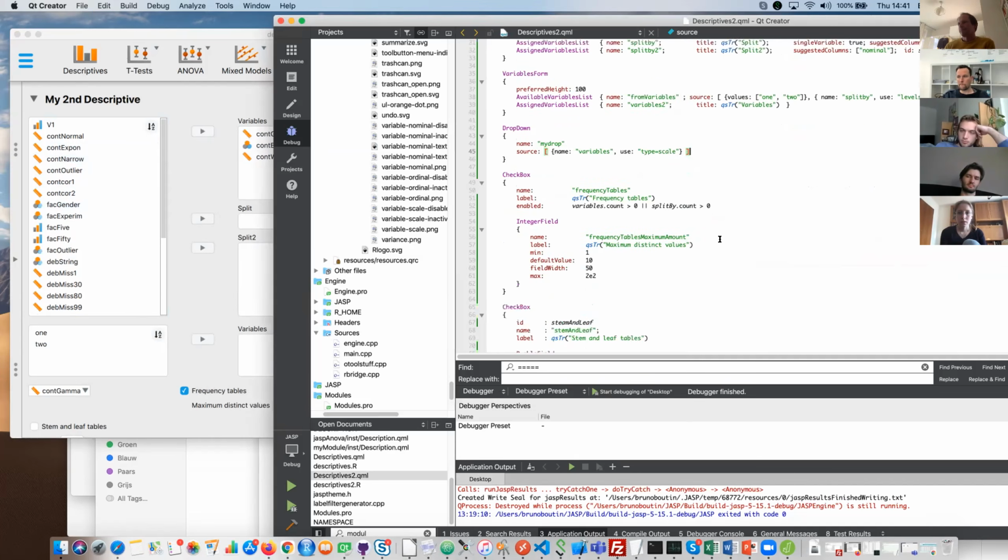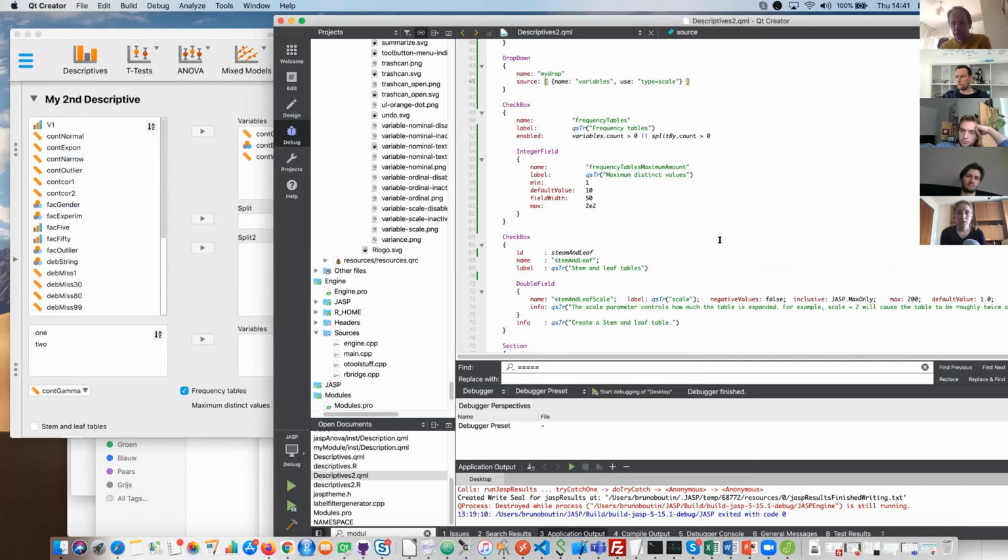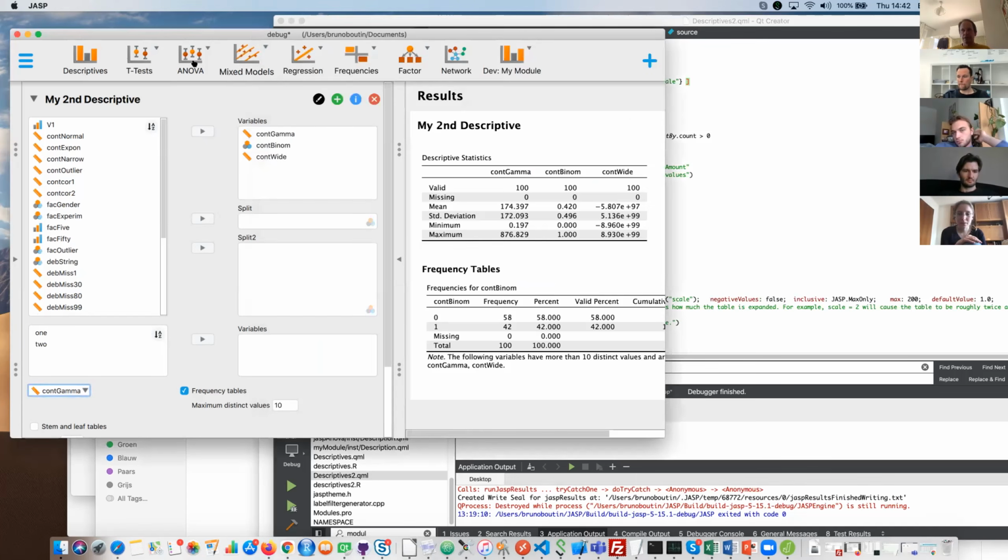Is it clear for everybody? Yeah. Can I ask a very stupid question? Yeah. So does JASP change every time you save the QML file, or do you have to press another command? No. Because I use this